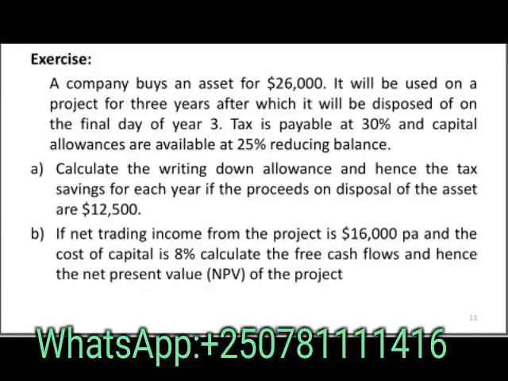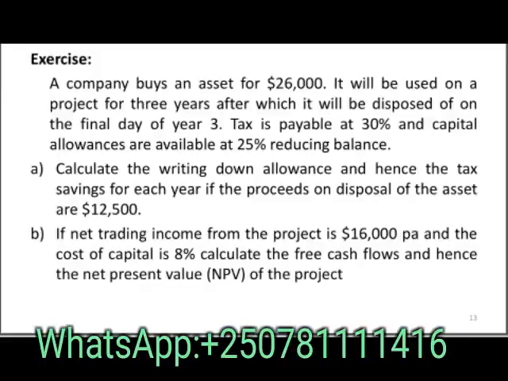We are going to write a table which has time: year 1, year 2, year 3. For net trading income, year 1 is 16, year 2 is 16, year 3 is 16. And then, if there is a tax, we are going to charge a tax. After that we are going to look at